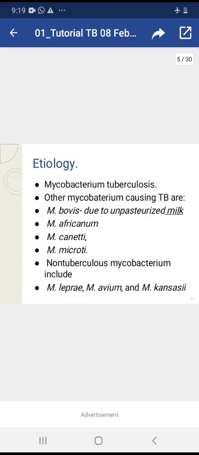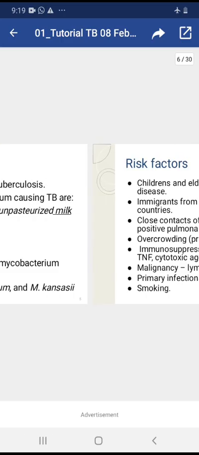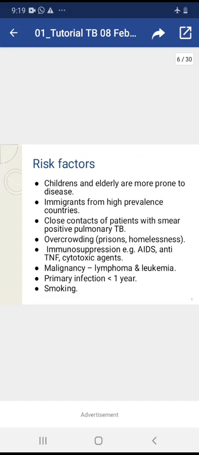Etiology. Other than Mycobacterium tuberculosis, other Mycobacterium which can cause TB are M. bovis due to unpasteurized milk, M. africanum, M. kansasii, M. microti. Non-tuberculous Mycobacterium include M. leprae, M. avium, and M. chelonae. Risk factors of TB include children and elderly, immigrants from high prevalence countries, close contacts of